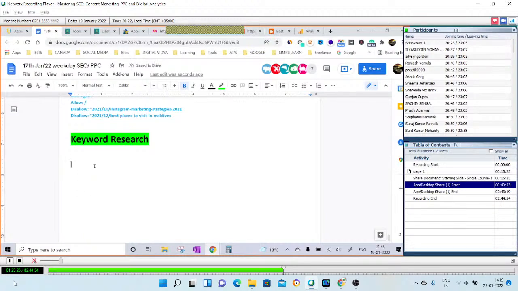Cool. So when we talk about keyword research, basically we know what a keyword is. Everybody knows the keyword, and when we go on Google, we search it and we get the result. So it means that it's such an important thing, to show my results. So how can I ensure that whatever I am using is good? How can I ensure that whatever I'm using can give me quick results?